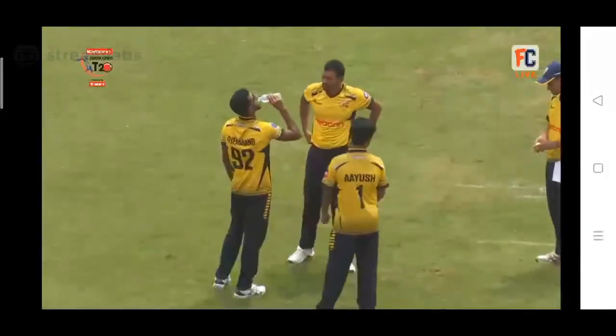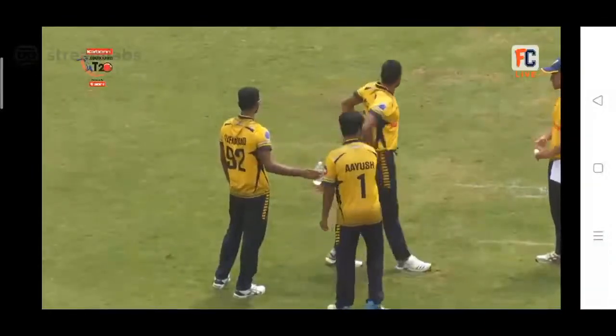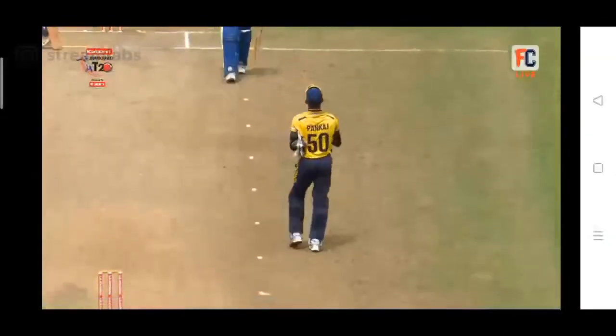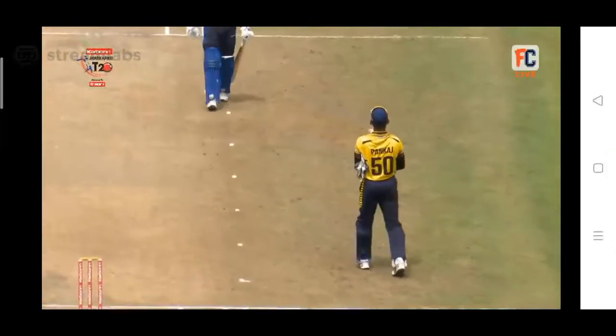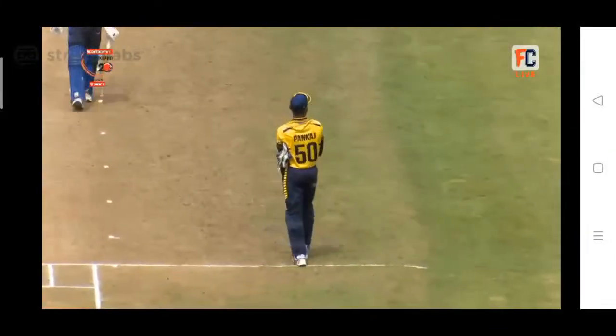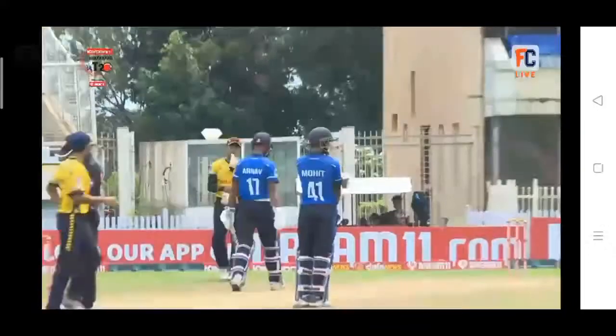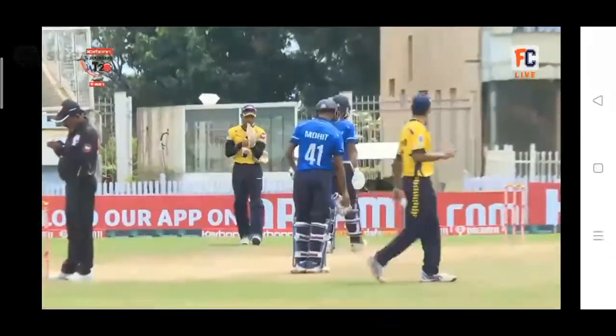Here in Ranchi now, no chances of rain seem. And that's the skipper on your screen, Pankaj Kumar from Ranchi Raiders. He's also a very good wicket keeper.